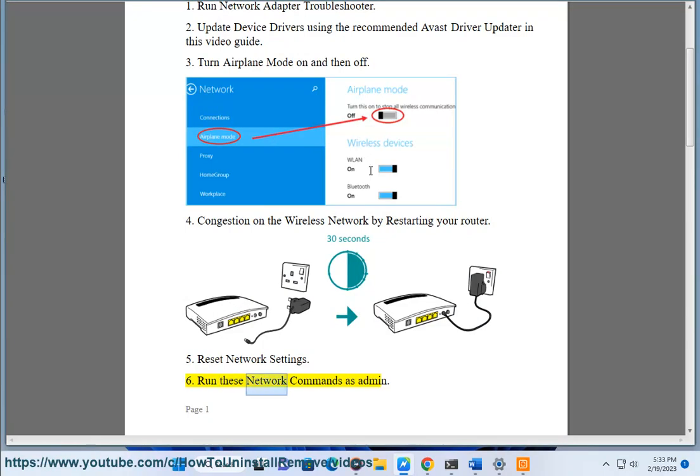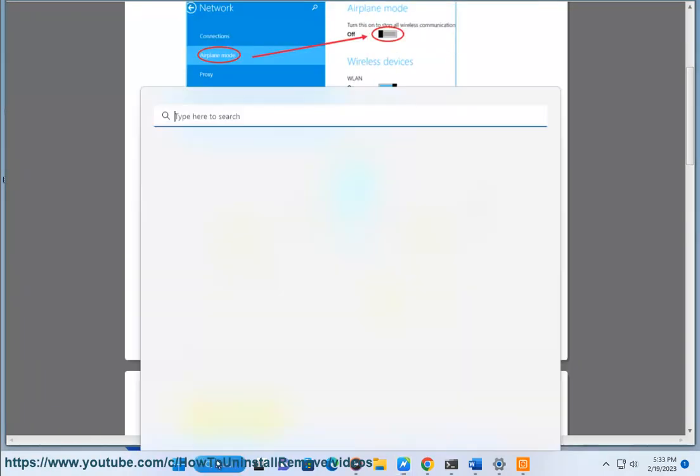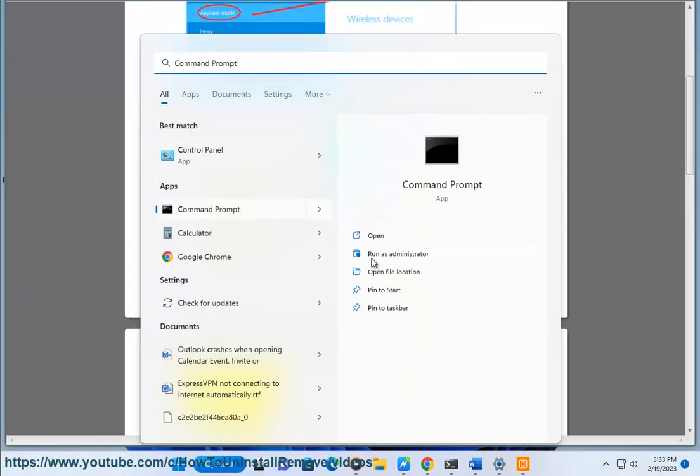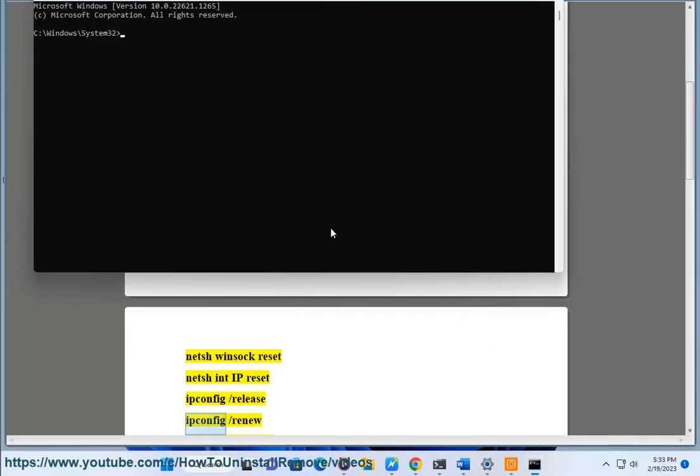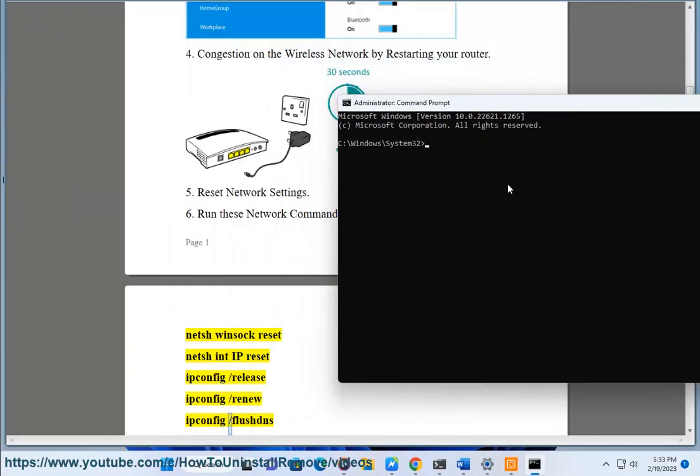Six. Run these network commands as admin. netsh winsock reset, netsh int ip reset, ipconfig /release, ipconfig /renew, ipconfig /flush and